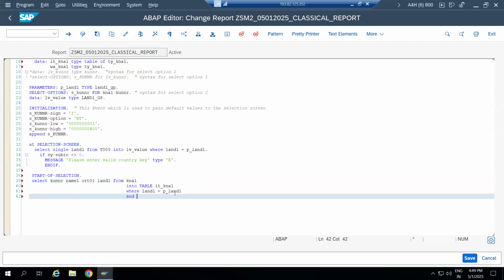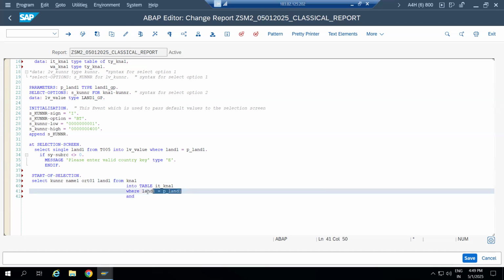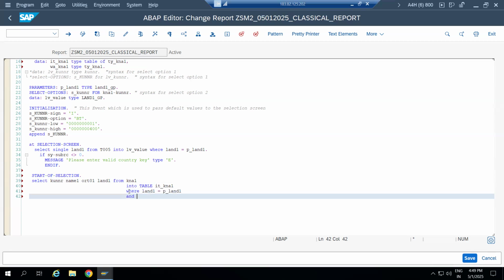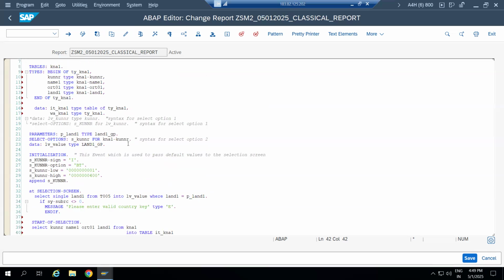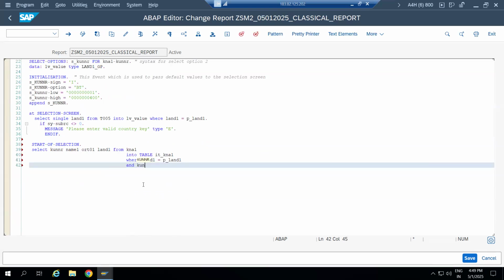Suppose you have multiple conditions, then you can use the AND keyword. Till now, in the select query, we have used only one where condition. Today I'm using one more condition, so you no need to write another where. Just put AND. If you have multiple conditions, you can use AND. So AND, I have a select option, right? The select option was created based on which field? I created it based on the Kunnr field. So I can write here Kunnr